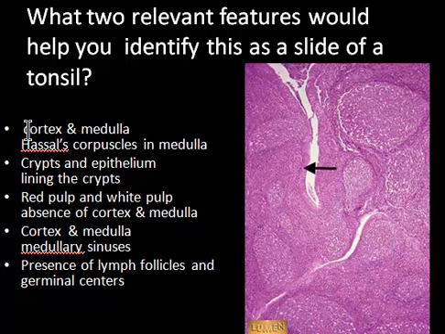So let's look at the first one, which says cortex and medulla and Hassall's corpuscles in medulla. Now this obviously is not the right answer because this is something that is seen in the thymus. And just to show you the thymus,